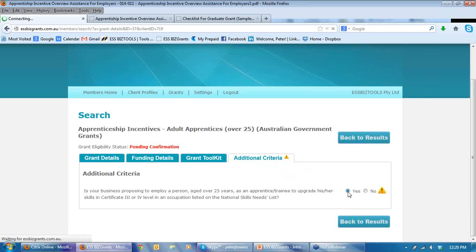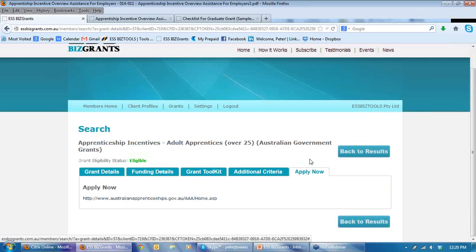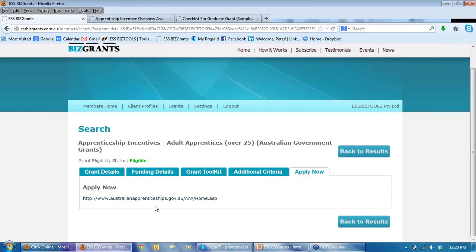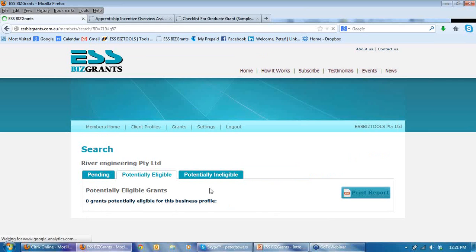If we answer yes, the system has now added apply now, and the status has been changed to potentially eligible. So we could go on and look at apply now, and that URL there is for the Australian apprenticeship. So if we click there, we will get details of Australian apprenticeships. It's not quite an application at this stage, but that will give you the details. And if we want to go back to results, what the system has now done is if we go to potentially eligible,